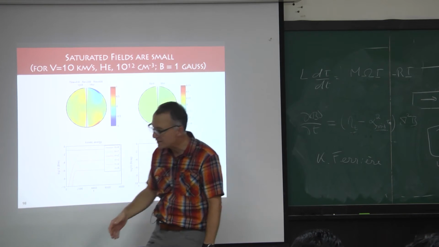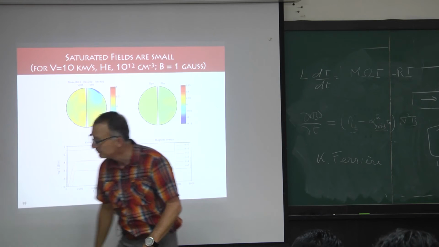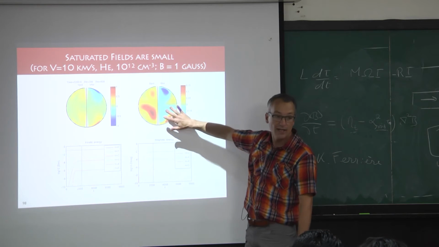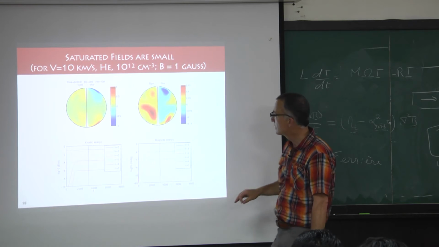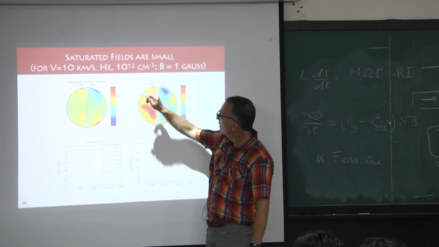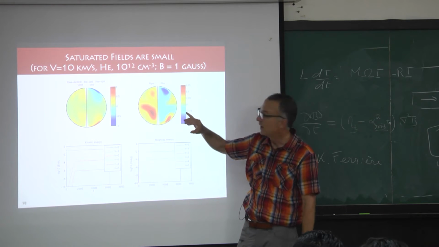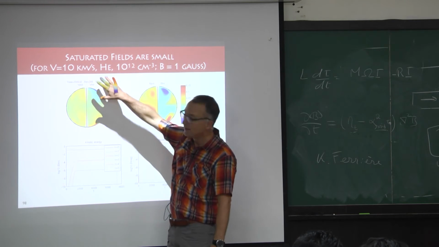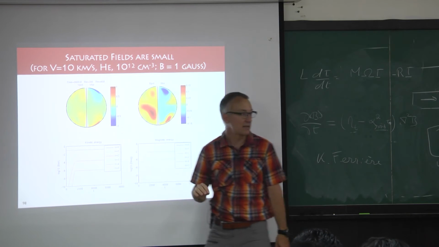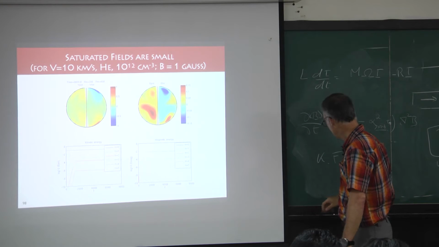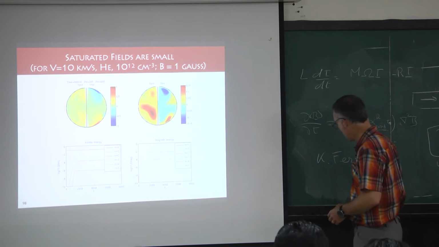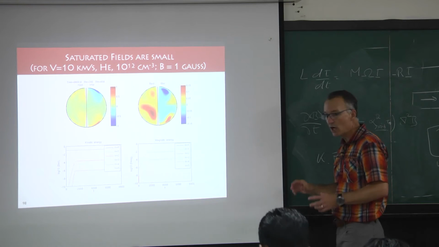And what happens in this case is the magnetic field simply grows up and saturates. And the saturation value depends upon how fast it flows and the mass of the ion. So the characteristic equipartition value, if you will, is, as we talked about earlier,